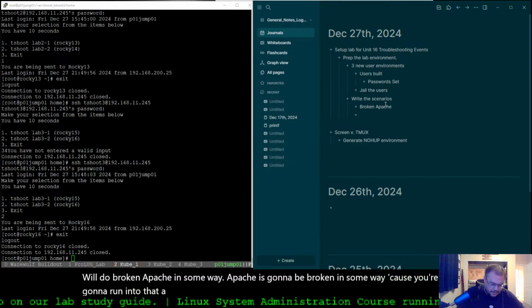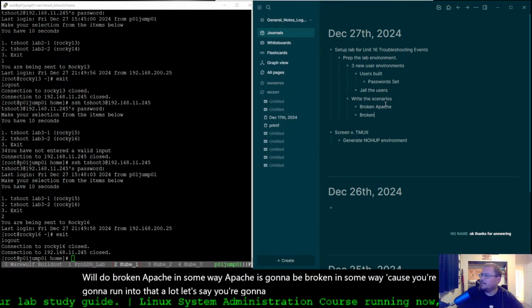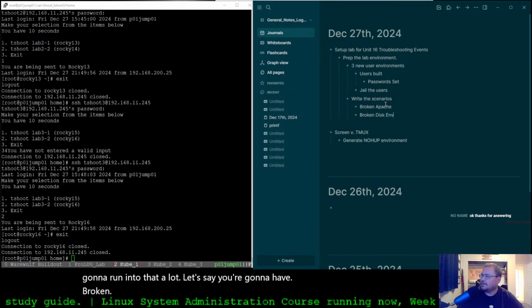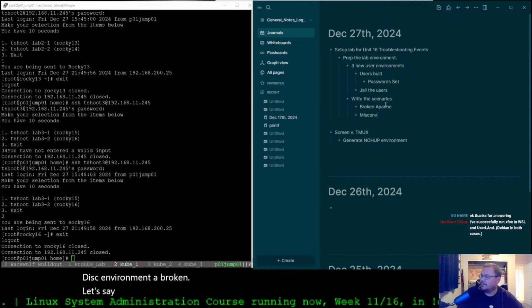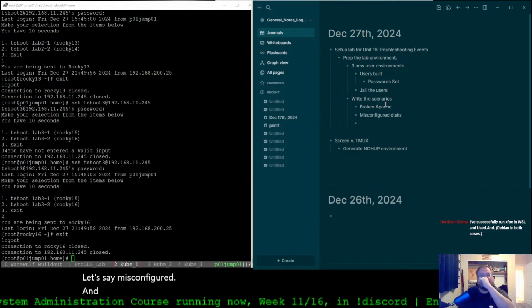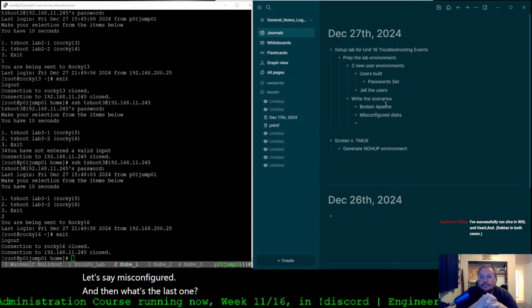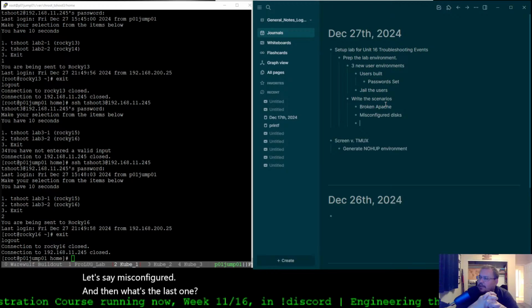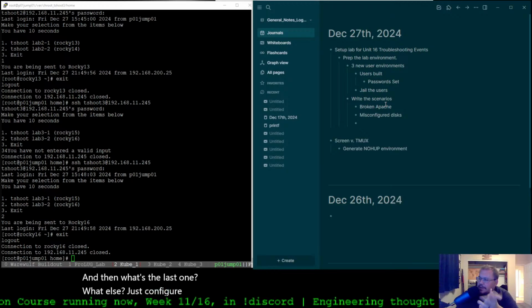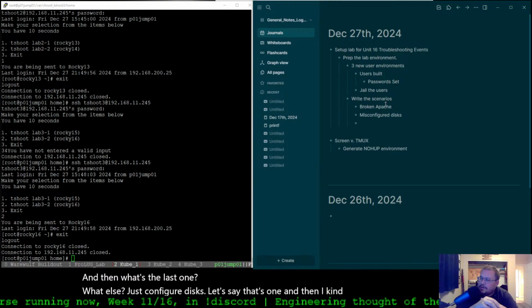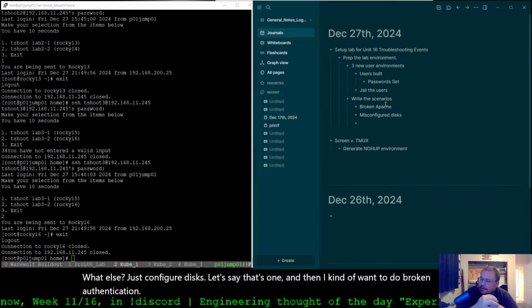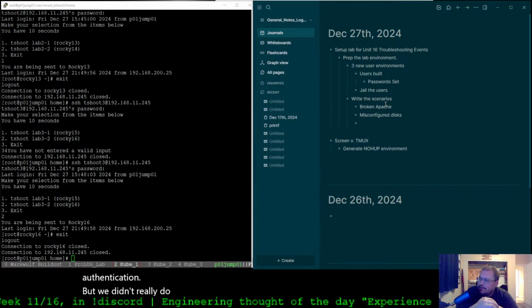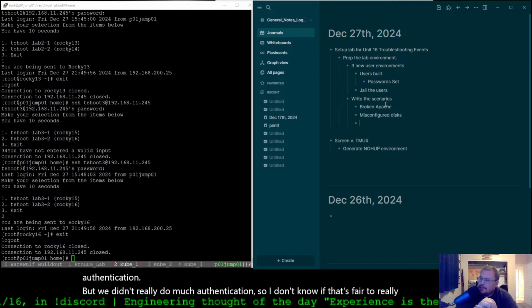Let's say you're going to have a broken disk environment, let's say misconfigured disks. And then what's the last one? What else? Misconfigured disks, let's say that's one. And then I kind of want to do broken authentication. But we didn't really do much authentication, so I don't know if that's fair to really do. Let's do maybe broken